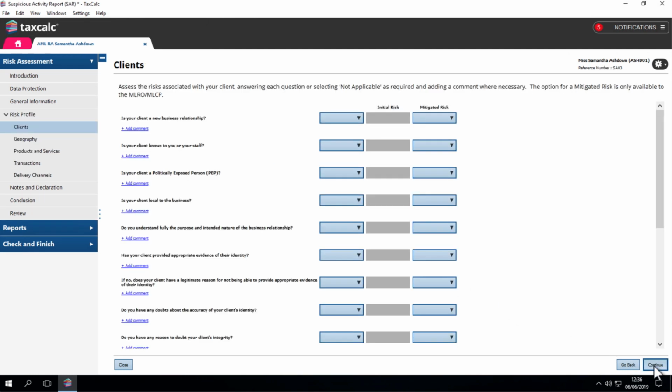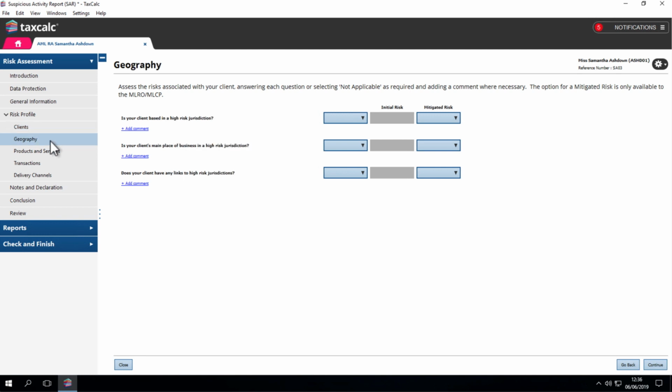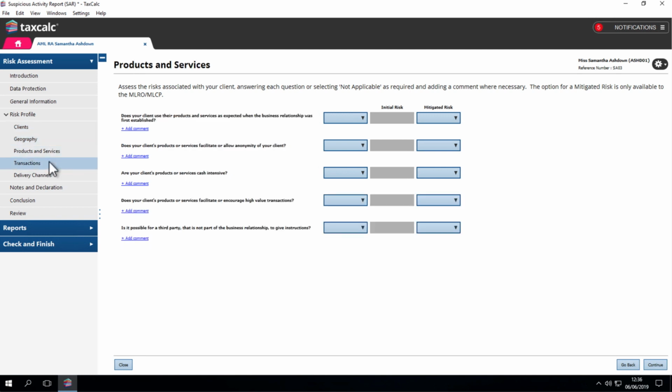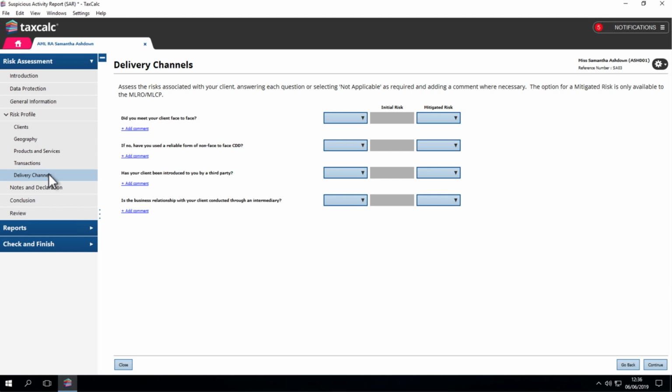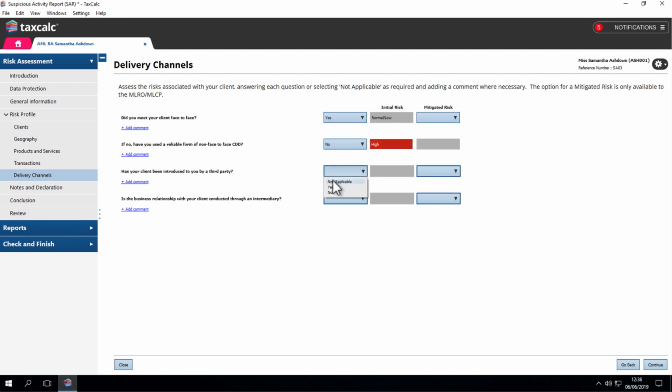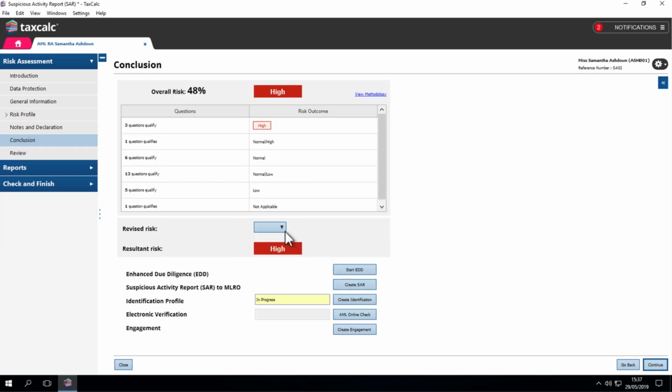Following your identification, the next step is to perform a risk assessment on your client. SimpleStep walks you through assessing the risks around clients, geography, products and services, transactions, and delivery channels. You can swiftly assess the risk of money laundering or terrorist financing by completing a simple questionnaire with an overall risk score calculated. Your money laundering reporting officer can choose to mitigate each individual risk or the overall risk to